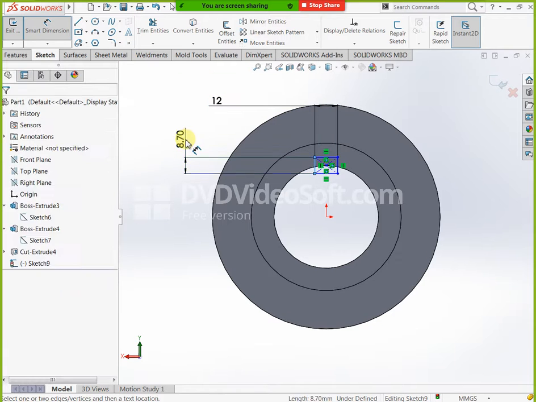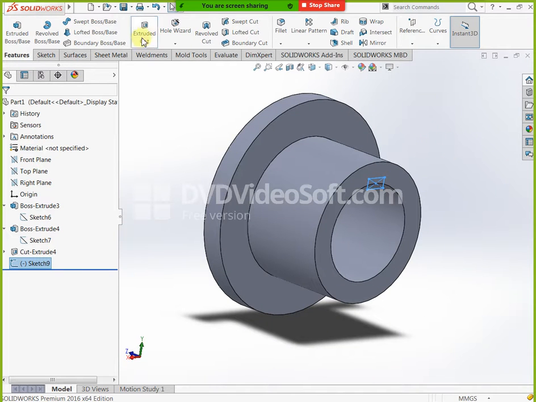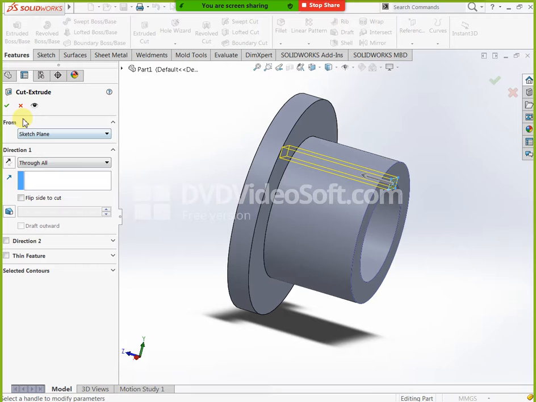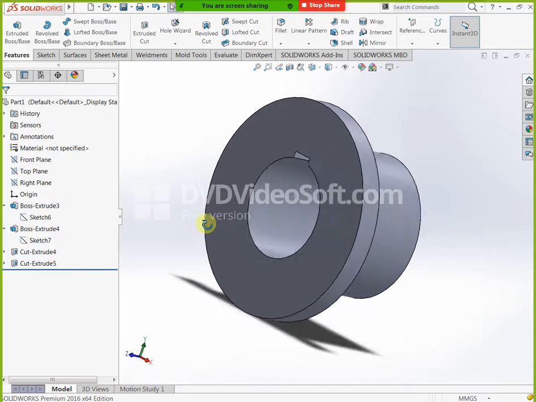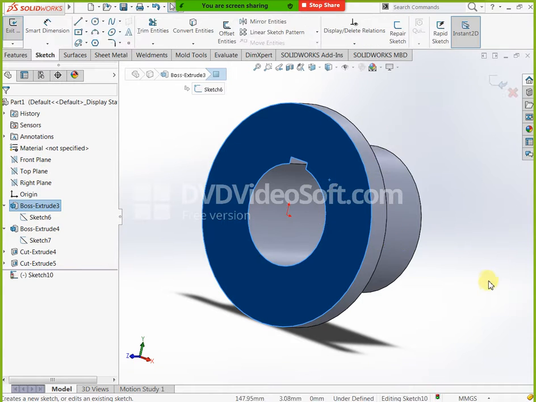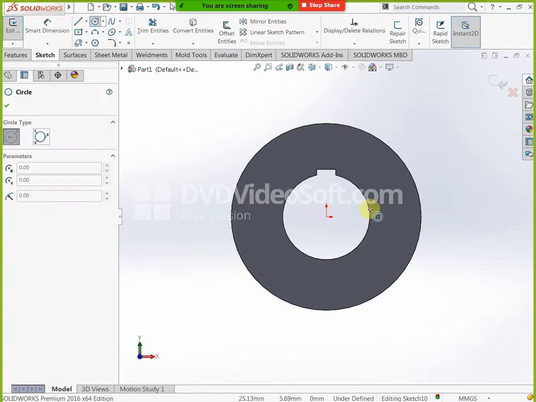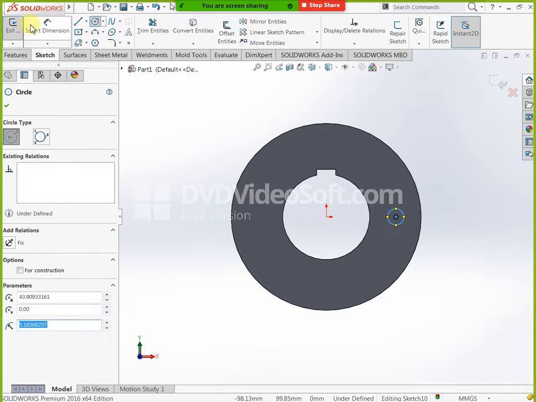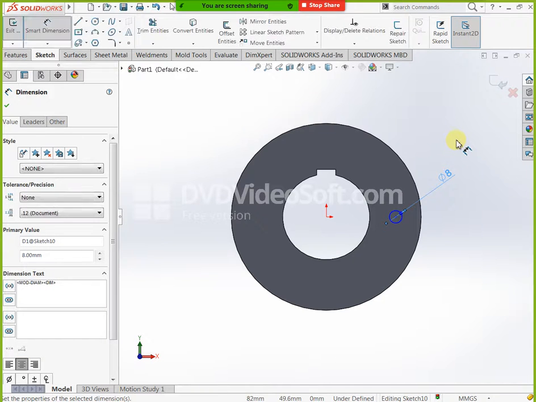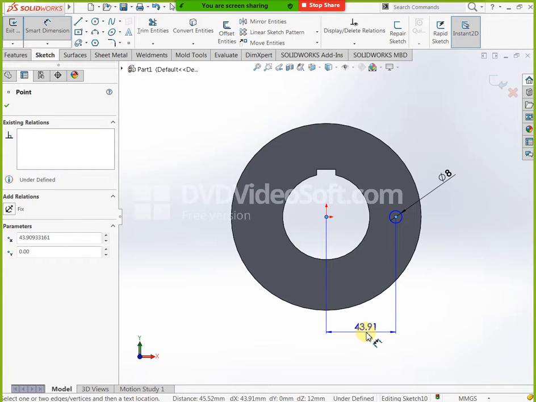Next, here in the ID, I need circular pattern. You can select this one, go to sketch, control 8. Now you can take one hole here, smart dimension, apply here. How much do I need? 8 mm hole. At the same time up to 79 means up to 40 we have already. This is 8 mm, 44 compulsory we need and 5 mm extra. You can take 49. This is our hole position. Now you can do finish. Then you can do extrude cut.